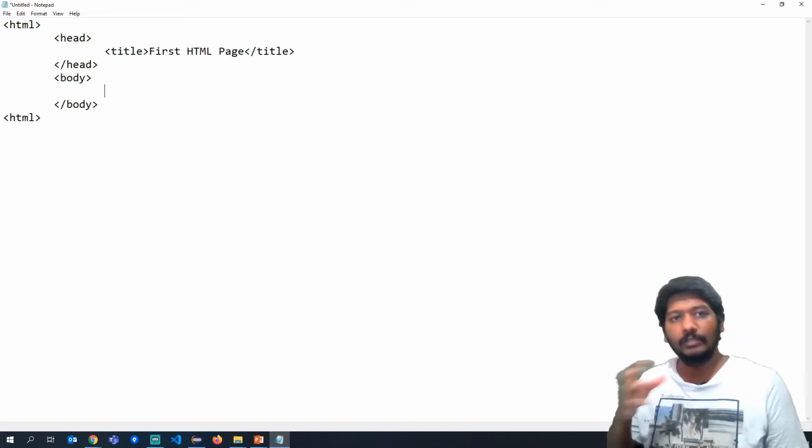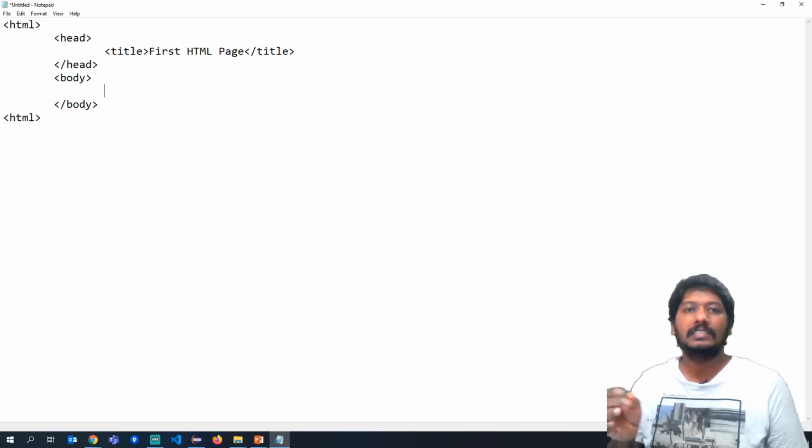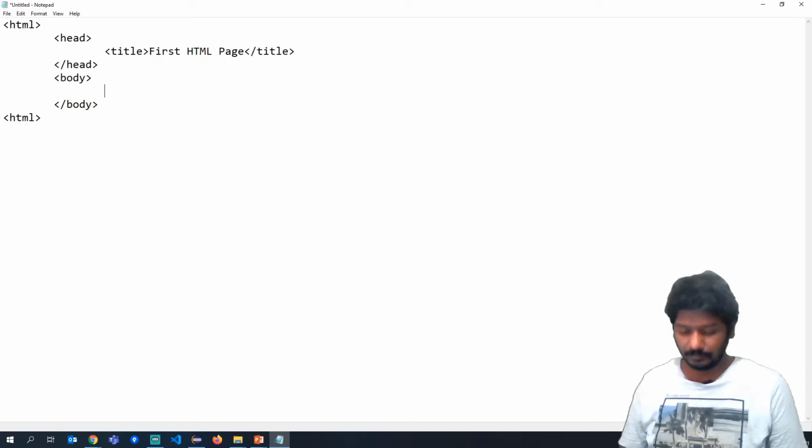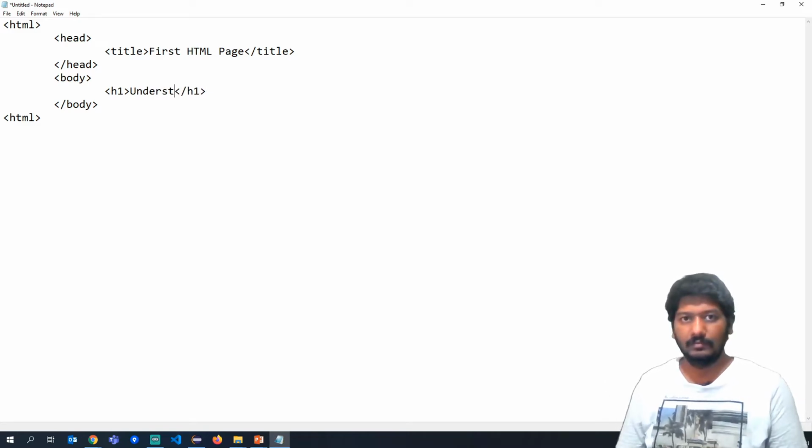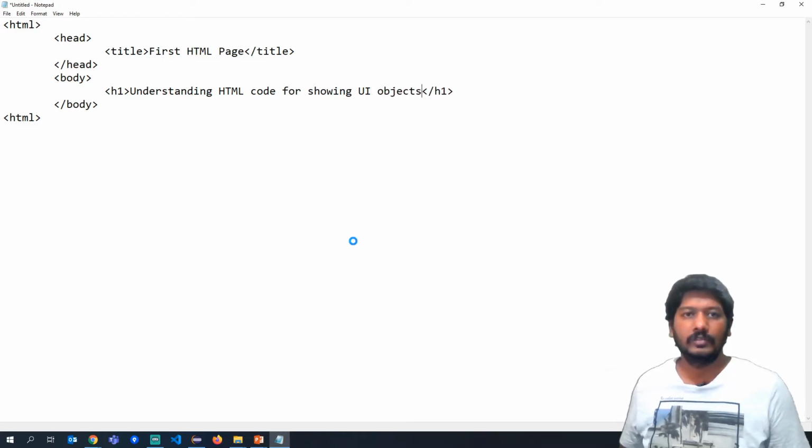Whatever content you want to display on the web browser will be present inside the body tags. For now I will just write h1. Okay, so we will save this file.